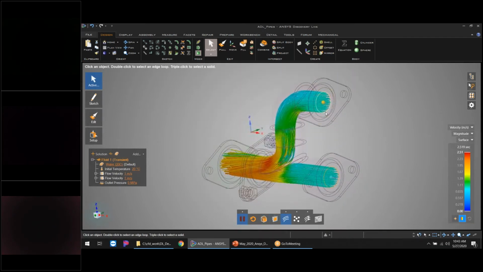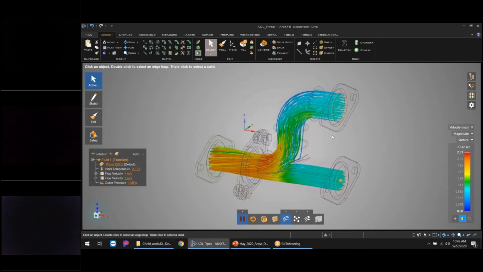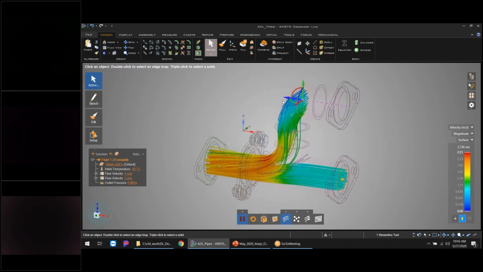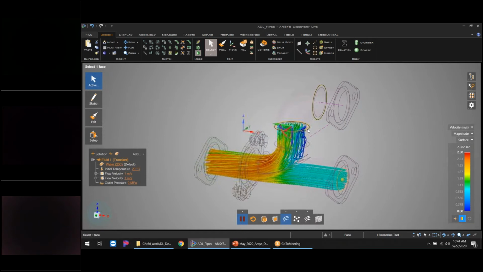One of the things that's really, really neat is how interactive the post-processing is. And this is really because I'm on the GPU. So again, I've got my graphics card doing all the work right now. It's constantly solving a transient analysis, and it's constantly updating exactly what I'm asking it to do. I can live manipulate this. So for example, if I take this, I just want to move it, double click to rotate, slide it down, move it over a little bit. I can just drag that around, and I can manipulate that very, very interactively. I don't know really of any other tools that allow that level of interaction and that speed of updating without having to pause something or resolve or remesh or something.